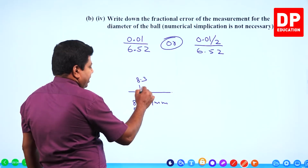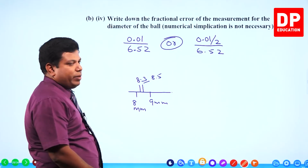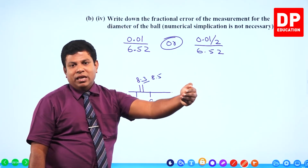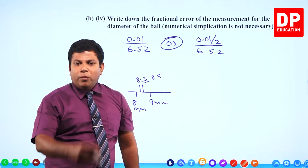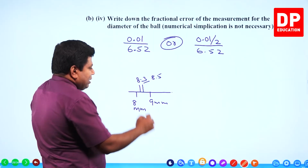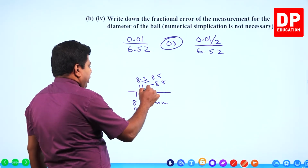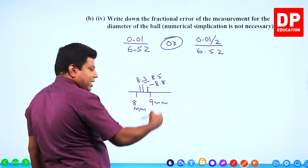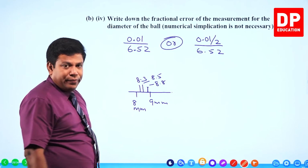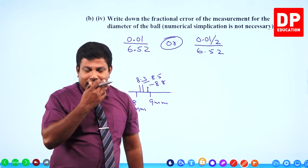Then let's say you have something here, 8.5. Being written as 8 or 9, you might write it as 8 or you might write it as 9. When you write it as 9, how much is there? 0.5 millimeters. Now let's say you have something here, 8.8. If it is 8.8, you will write it as 9, right? So 8.8 being written as 9, how much is the error? 0.2. So if you correctly read it,